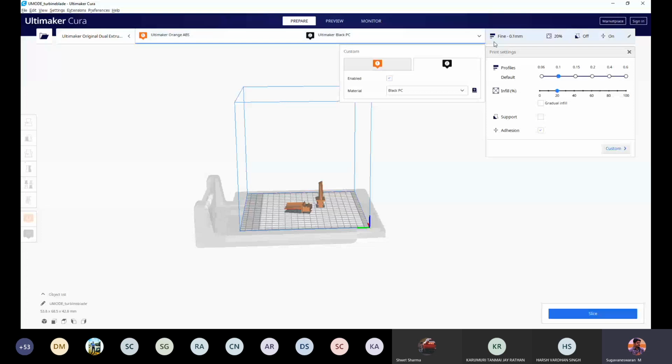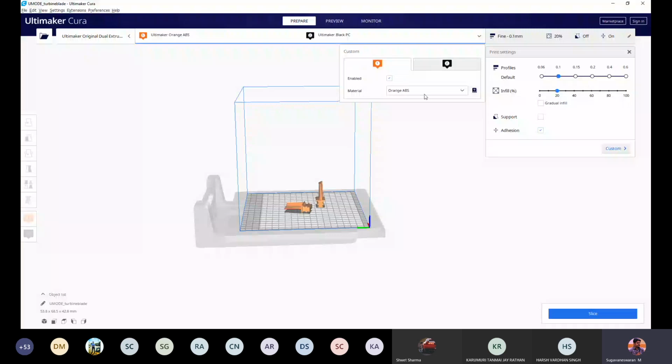Okay. After selecting a printer, you have to go to the machine settings. That is the second tab. In the second tab, you can see the arrow mark here. If you click this arrow mark, you can see two, 1 and 2. This 1 and 2 represent the two extruders. The first extruder, sometimes you can also disable it, but make sure both extruders are enabled, tick.